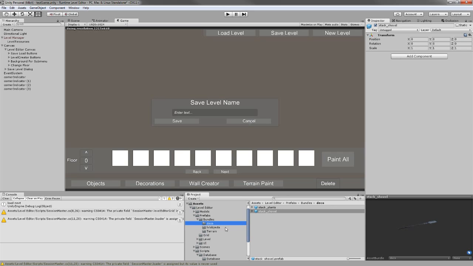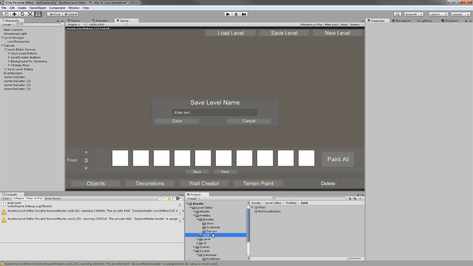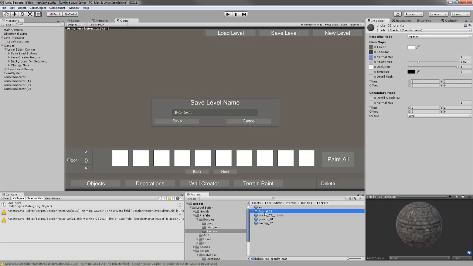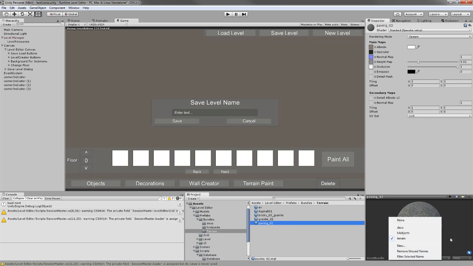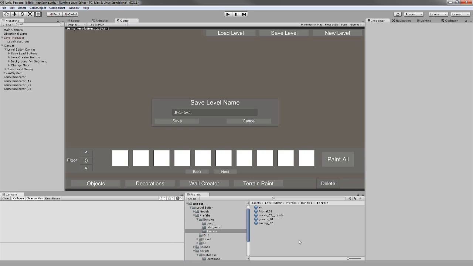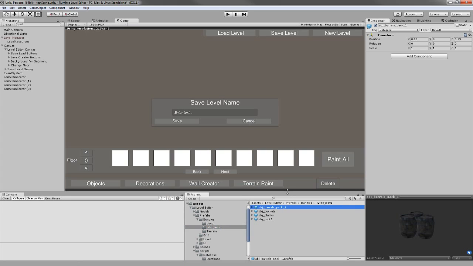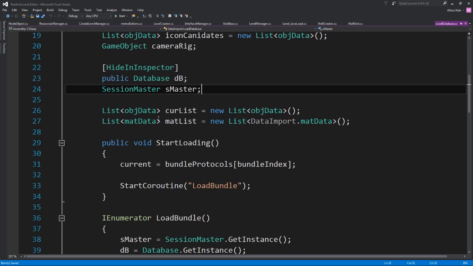Previously, on our objects we had a script called level objects. We do not want that anymore. We need to delete it from all our prefabs. On the materials, of course, we didn't have anything else. So materials are the same as doing an asset bundle for them, just assign them to an asset bundle. Since we take out the level object over here, we need to make a lot of changes